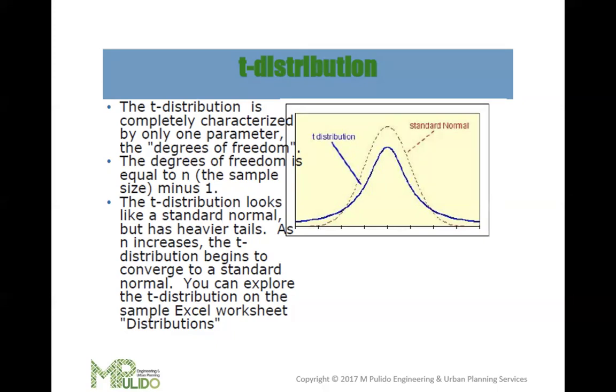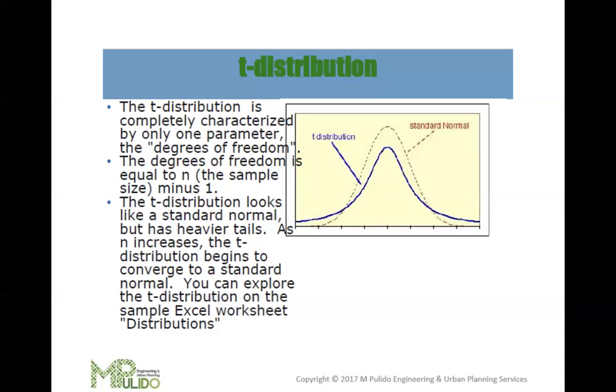The t distribution is characterized by a single parameter known as the degrees of freedom. The degrees of freedom are typically calculated as the sample size n minus 1. As the degrees of freedom increase, the distribution approaches the standard normal distribution. For large sample sizes, the t distribution and the normal distribution become nearly indistinguishable.